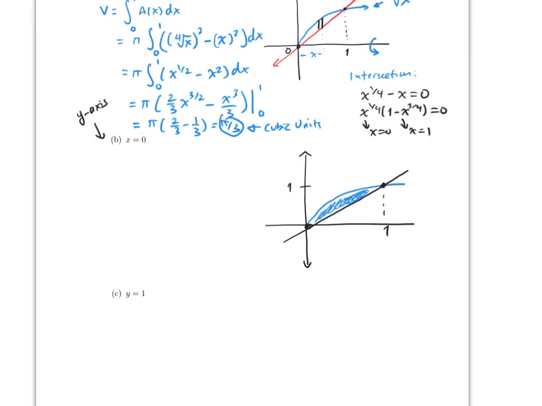If we draw the same graph again, this is what we have, exactly the same thing as this one. The only difference is that now we're rotating on the y-axis, so the rotation will go this way. And remember that the axis of rotation has to be perpendicular to the partition. So now this will be the partition. Notice that the distance from the center to the partition is technically just y, if you think about it.